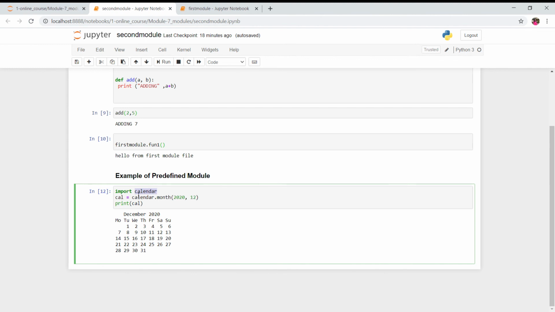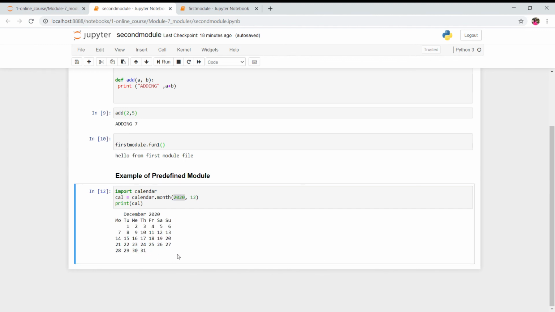In the cal variable, I'm calling calendar.month. From this calendar module, I want to use the month method and see the 12th month of the year 2020. And this is what we are getting.